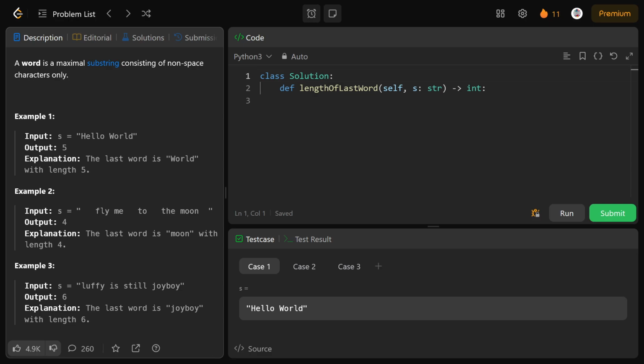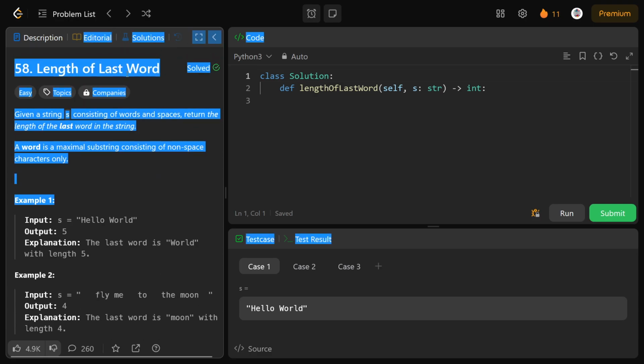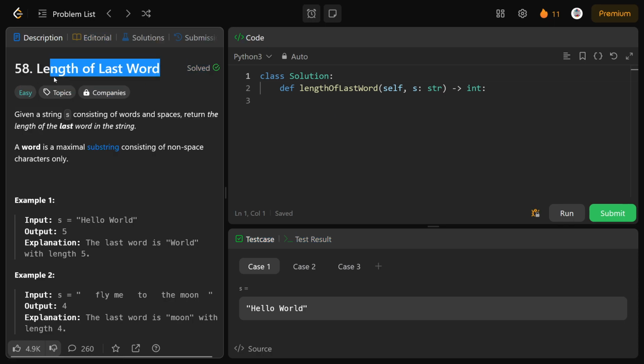Hey everyone, today we're going to be doing a LeetCode question, which is to find the length of the last word. So we are given some string S, which consists of words and spaces. We need to find the last word in the string and return its length. If you see in this "hello world", we have "world" as the last word and we need to return